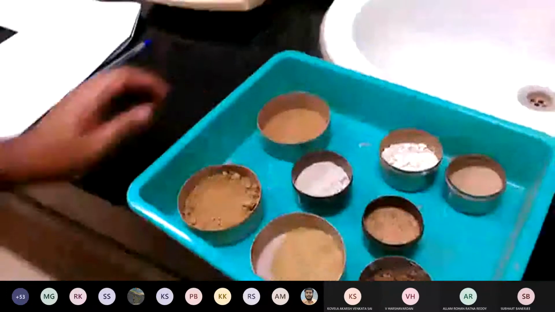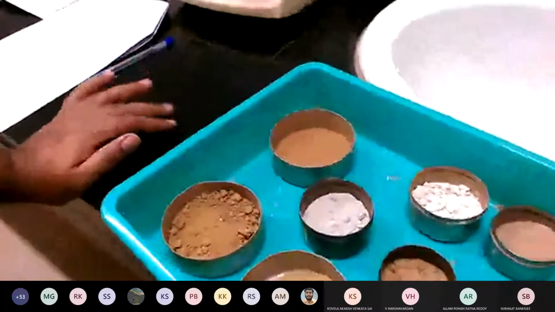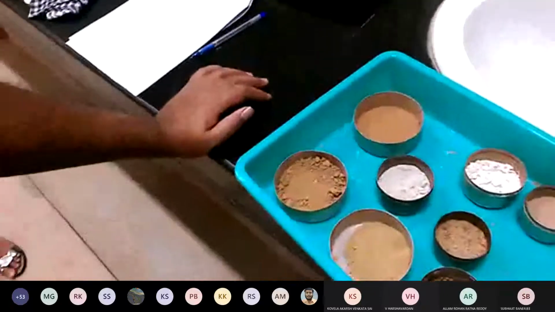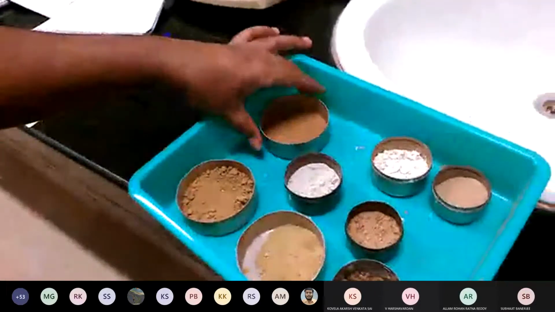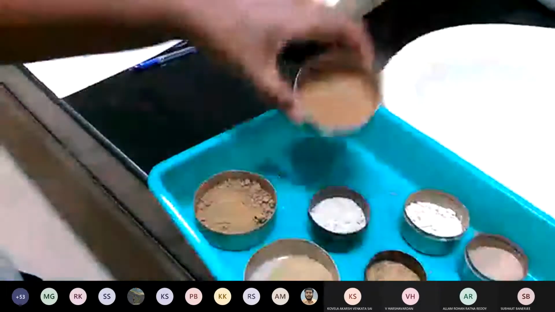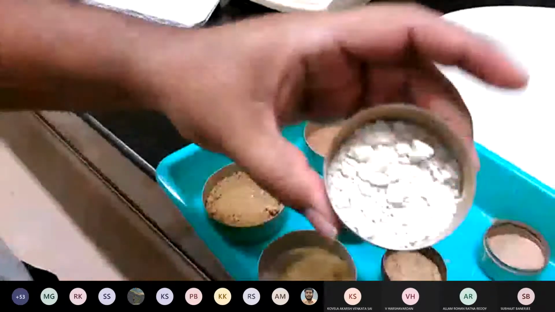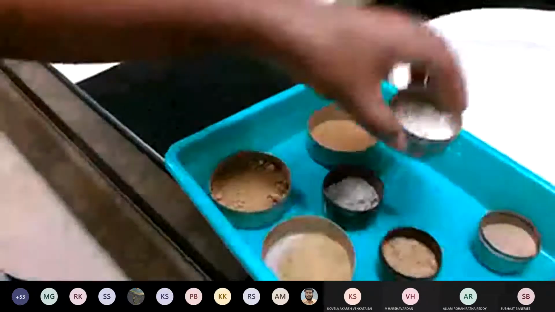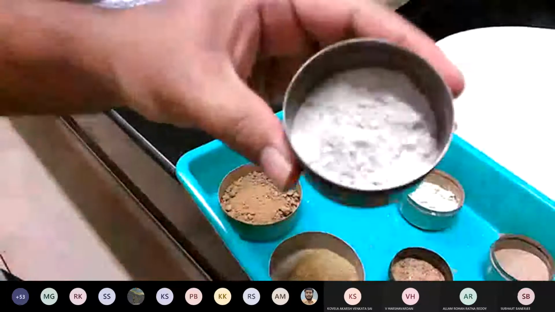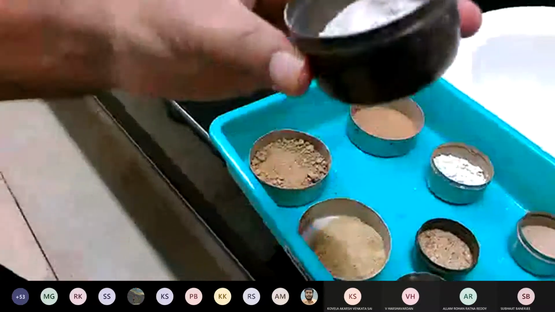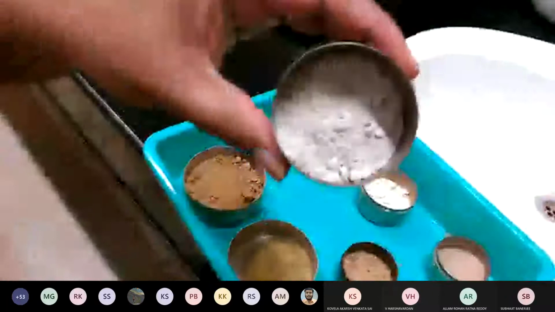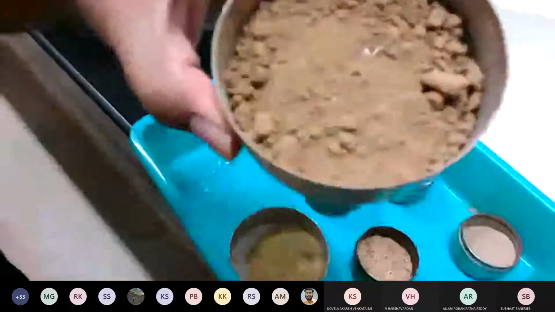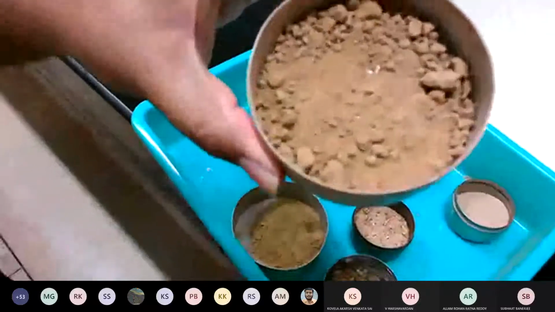Okay. So if you look at these different soils, look carefully. So this is one color. So this is another color. So this is white or cream color, whatever you say. So this, what color can we say? Gray. Yeah, this is the gray color. Okay. So this is not gray. This is light yellow color.